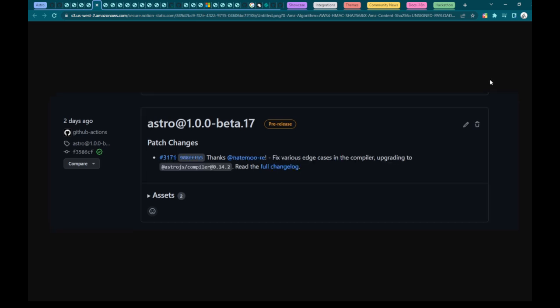We finished the week on beta 17, which comes with a number of fixes to the actual Astro compiler. Now, the Astro compiler was originally forked from the Svelte compiler in Astro's early days, and around summer of last year, Nate learnt Go and created Astro's very own compiler. So we have our own native compiler written in Go, and as a result, the